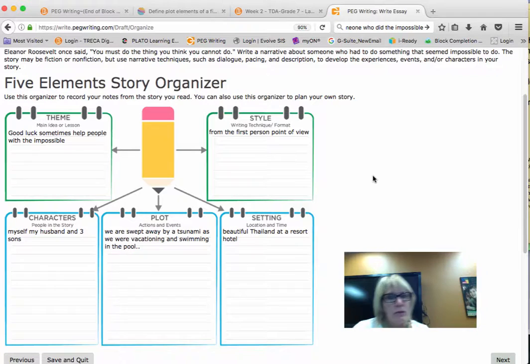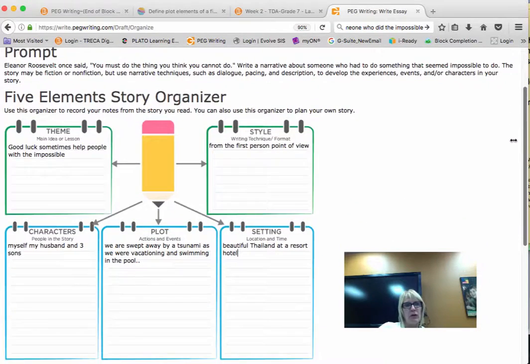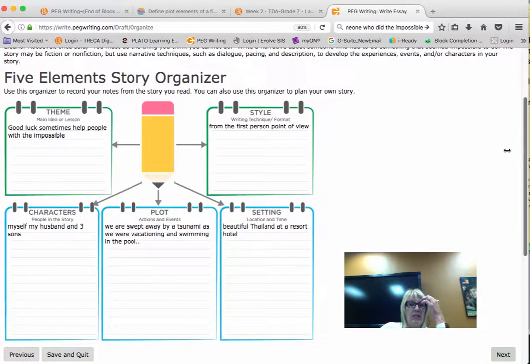So I looked at some of the organizers and really wanted to start my story, but I ran across this 5 elements of a story organizer, which I kind of liked. I can fill in more details in areas that I feel comfortable with describing more, such as the setting, the beautiful Thailand resort hotel. So just for an example, I'm just going to go ahead,